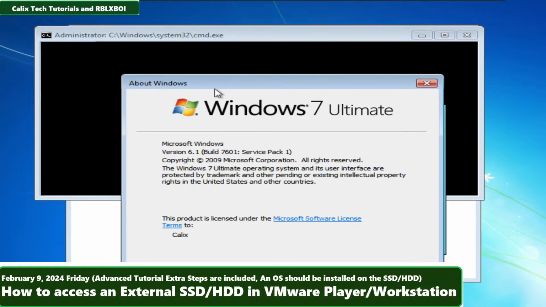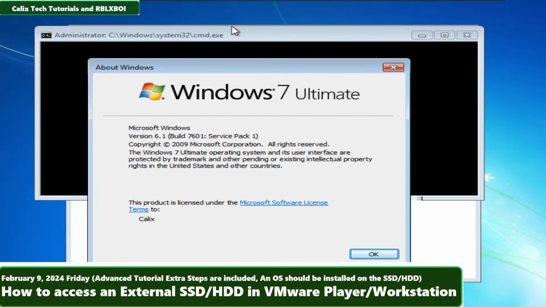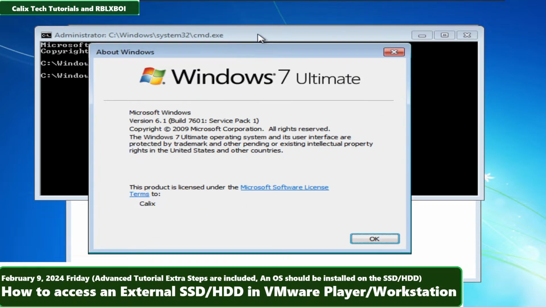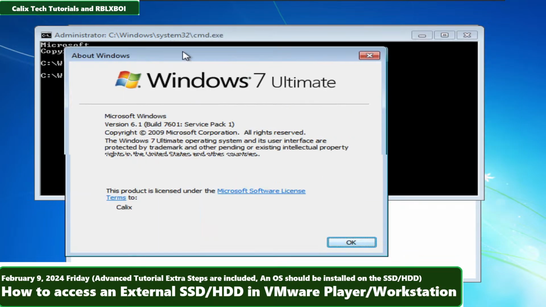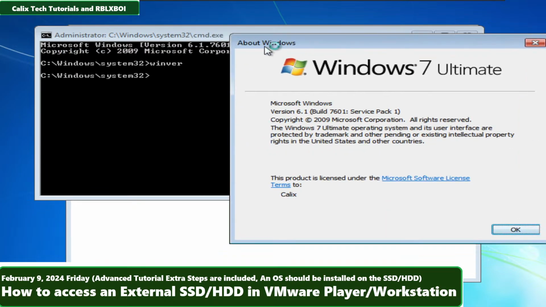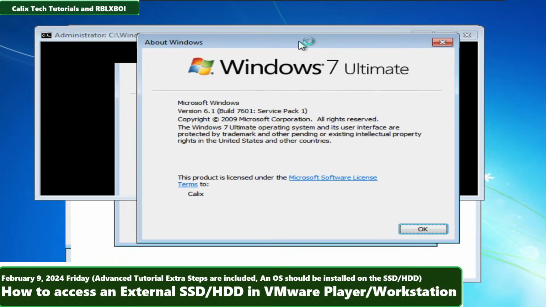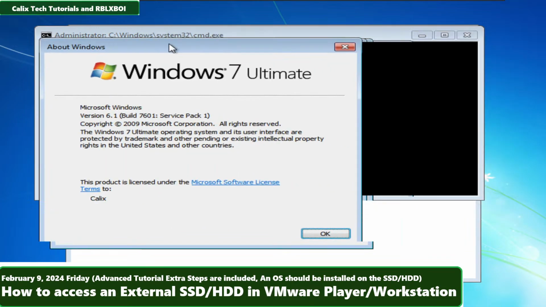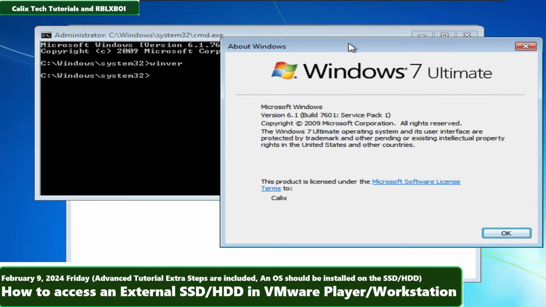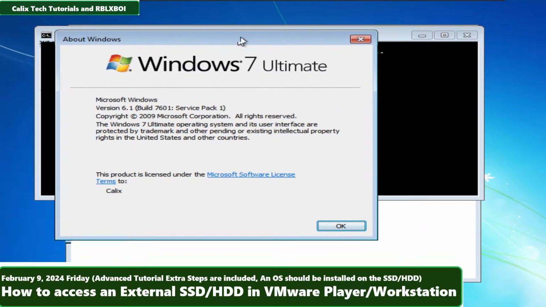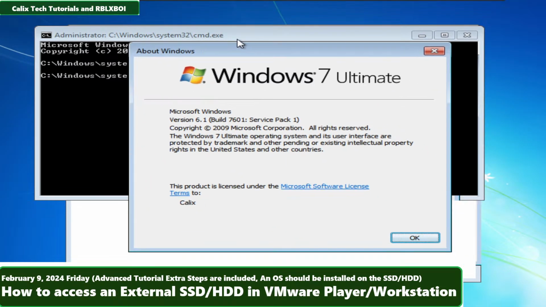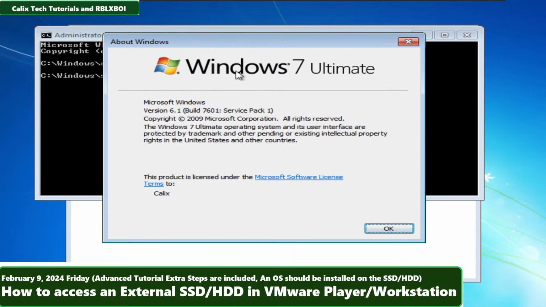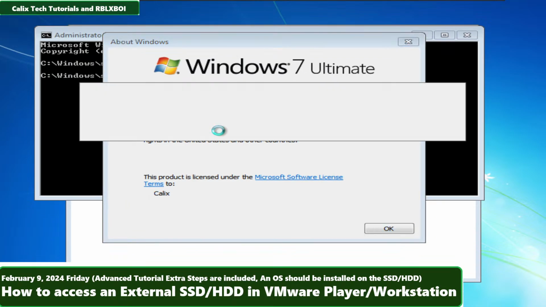It might be very laggy because it has no drivers. And it's running through USB. But yeah. So right now, what's currently installed is Windows 7 Ultimate, which is already activated because I might have used